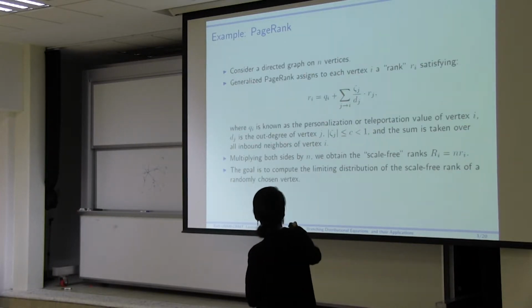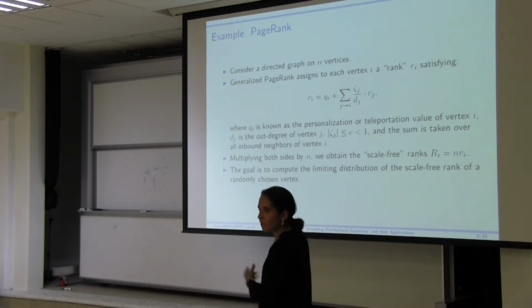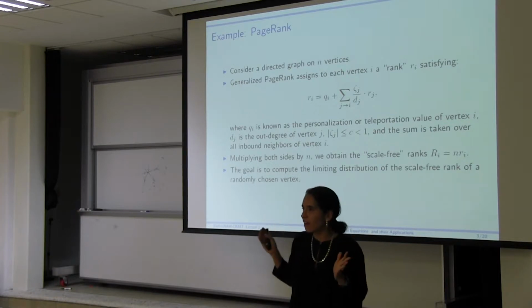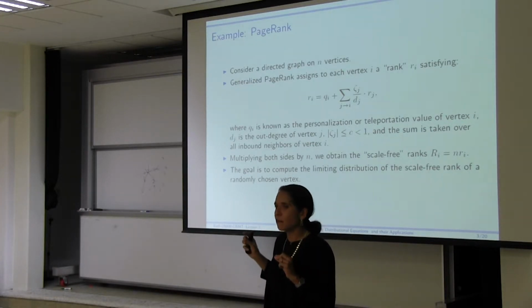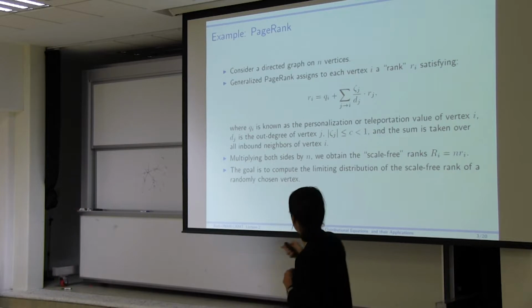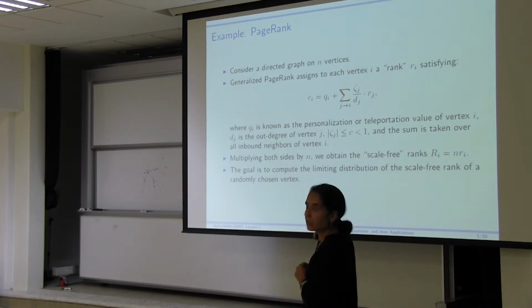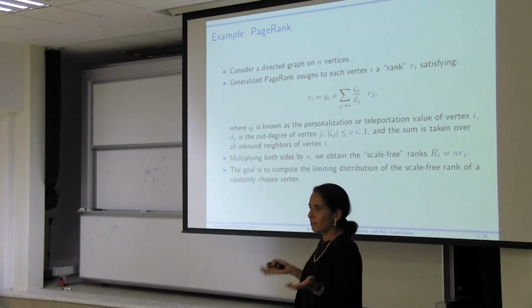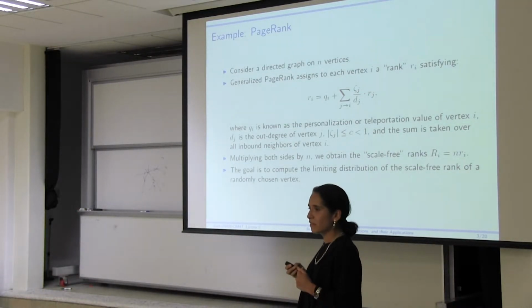Just look at the previous slide here. I have R on the left. Think about that as your randomly chosen node. And then this is a Q that goes with that randomly chosen node. And then this is the sum over all the neighbors. But if I ignore the fact that this is a graph and just replace the neighbors by a random number of neighbors, then I get my N from yesterday here. And then I get some coefficients that multiply the R's. And because, in some kind of limit sense, everybody should have the same distribution, there you go.